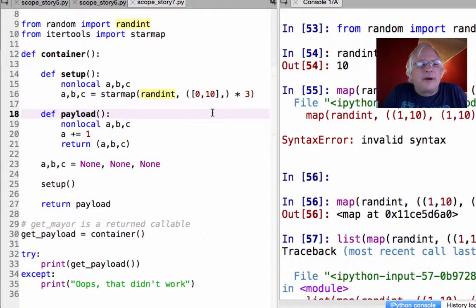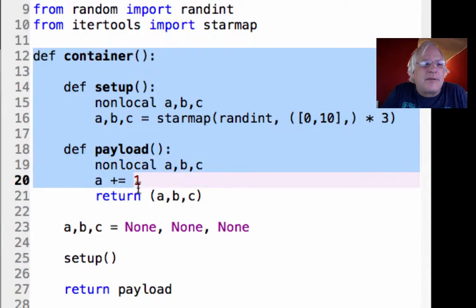So that's what's going on here, and in setup I'm creating three random numbers in a kind of a syntactically crazy way, but it works, and I wanted to illustrate those concepts. And so ABC, being nonlocal, now become available in the container function outside of setup.